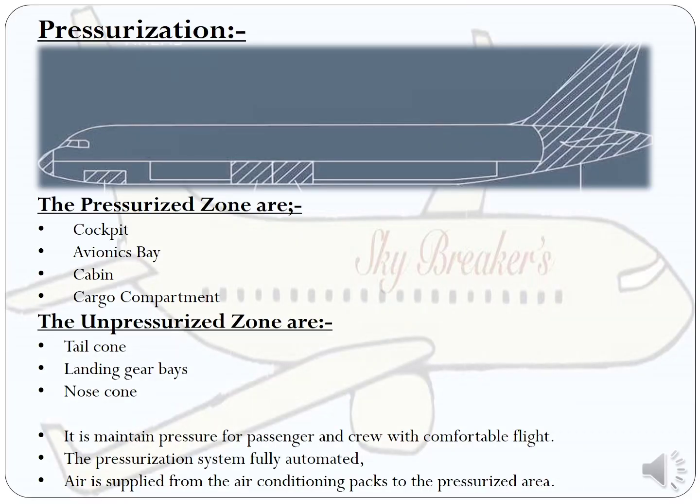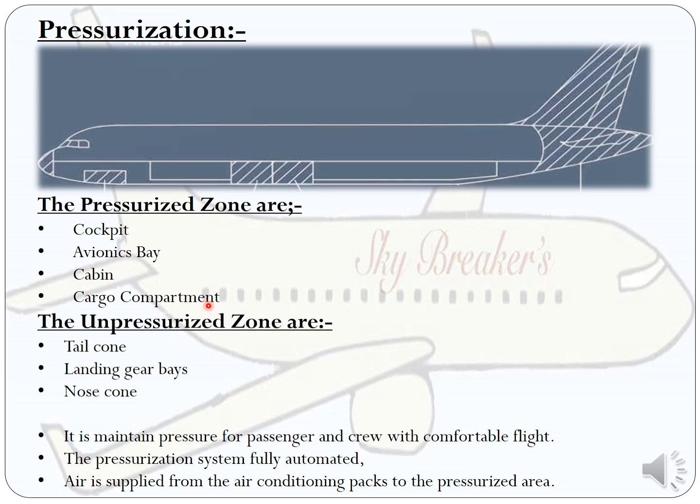Normally, when the aircraft is flying at higher altitude, for example more than 10,000 feet, the oxygen level of the atmosphere will decrease with the altitude. To avoid lack of oxygen, the aircraft needs to be pressurized for passenger and crew comfort. You can see here the different pressurized and unpressurized areas. The first one is the pressurized area, cockpit. This area we can consider as the cockpit and avionics bay. This area is the avionics bay. Then the cabin, this entire area we can consider as the cabin.